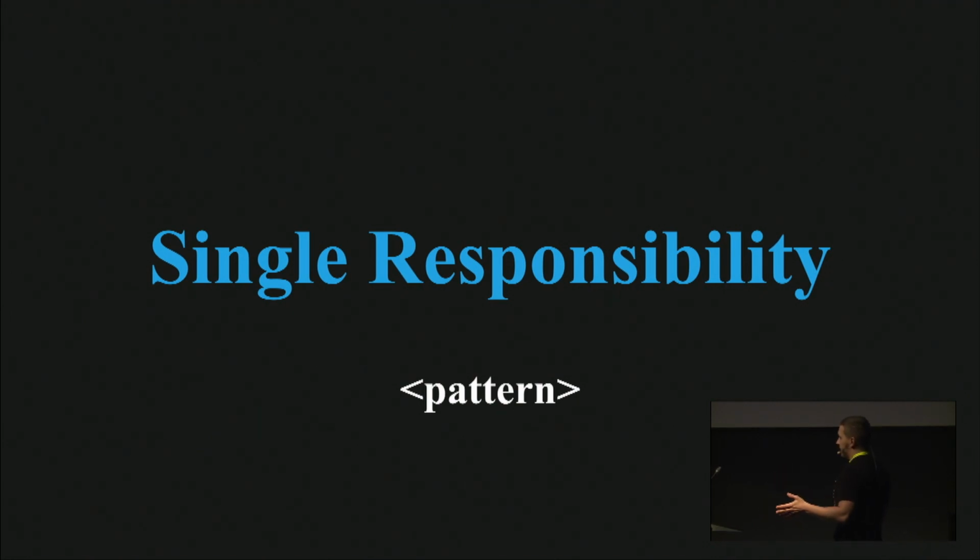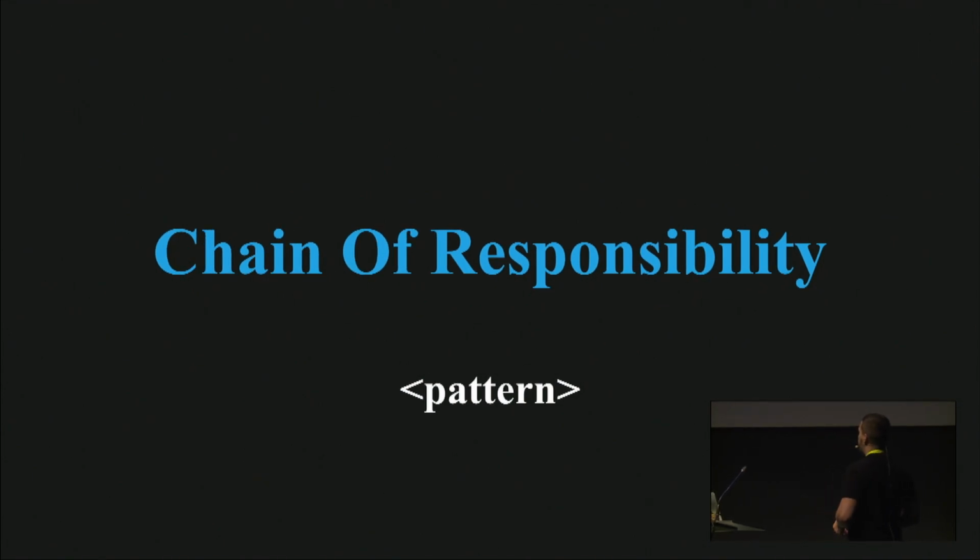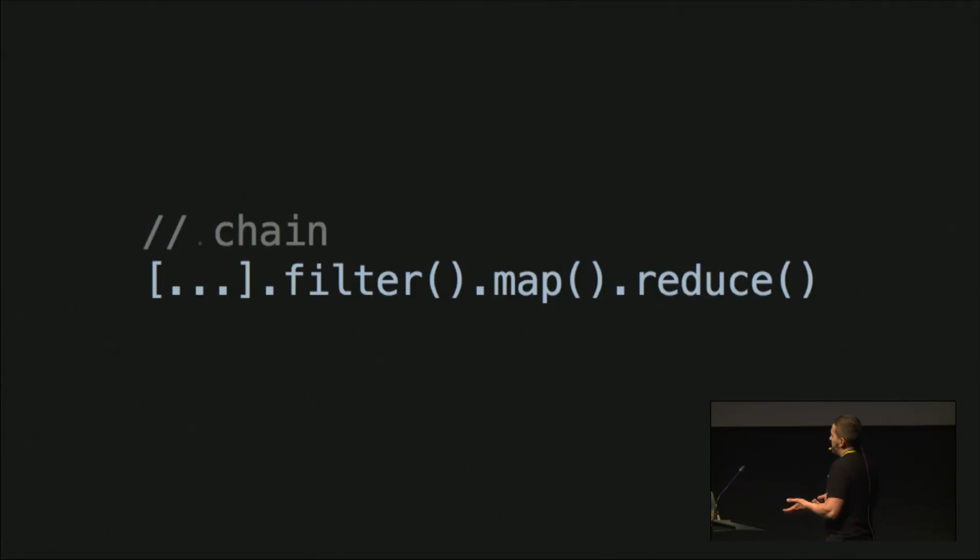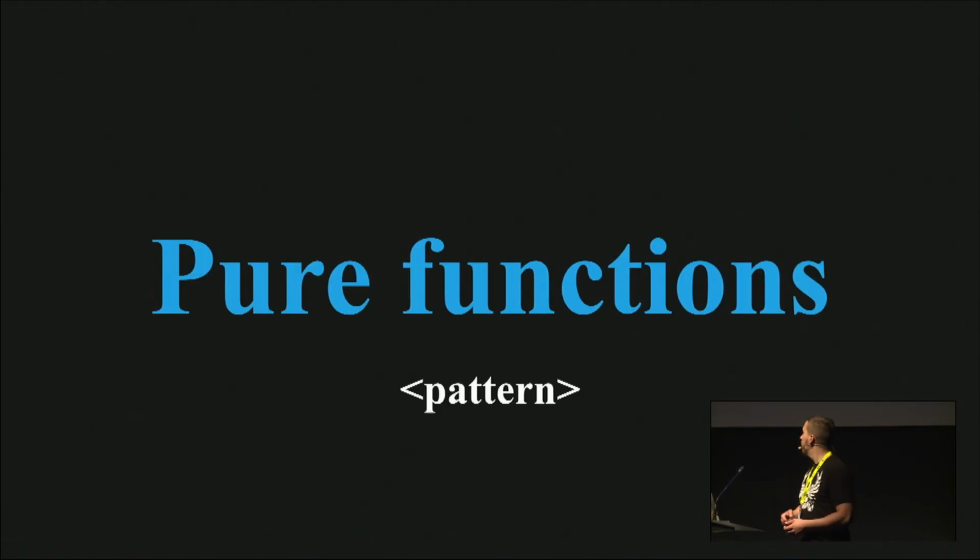There are some patterns like single responsibility. What does it mean? You have something, for example, a small scope function. You had one job to do. This is about it. There is chain of responsibilities, which actually just means that you can chain function calls to achieve something. And there is a pattern which says pure functions. I love the description of pure functions too: avoid side effects.